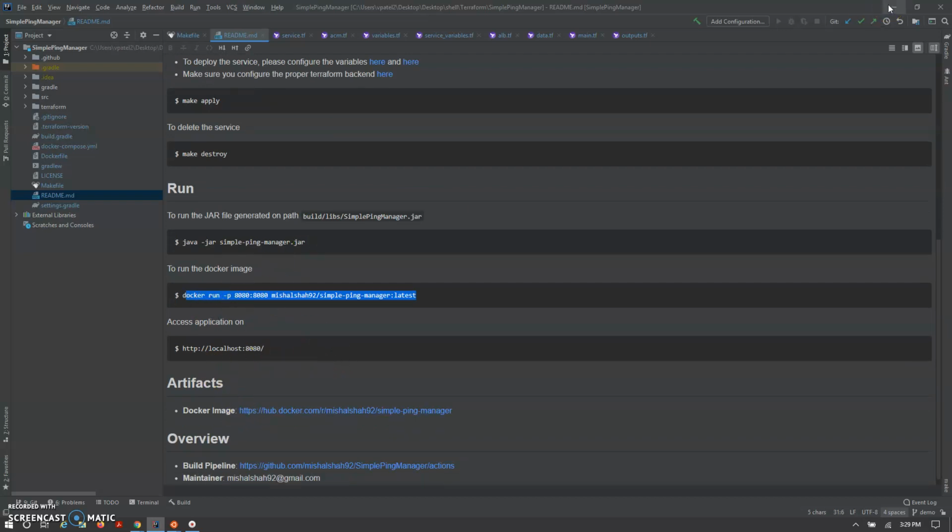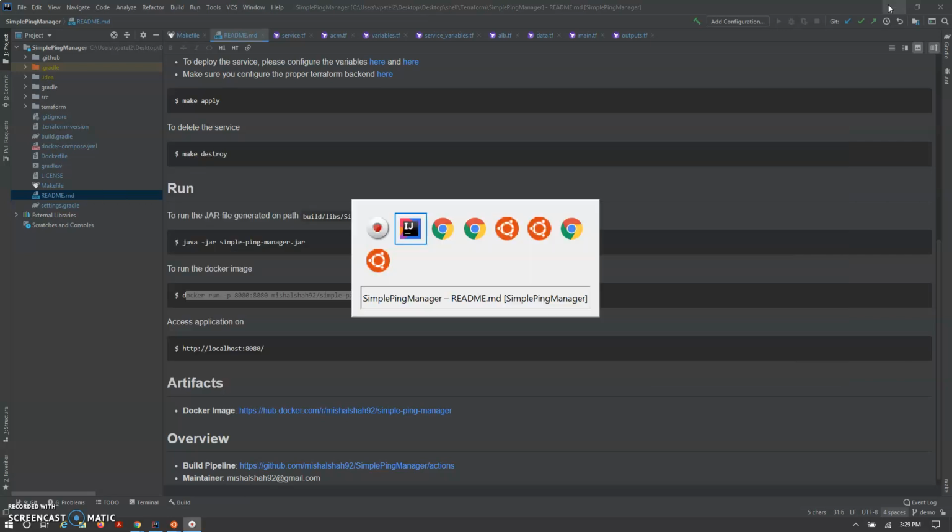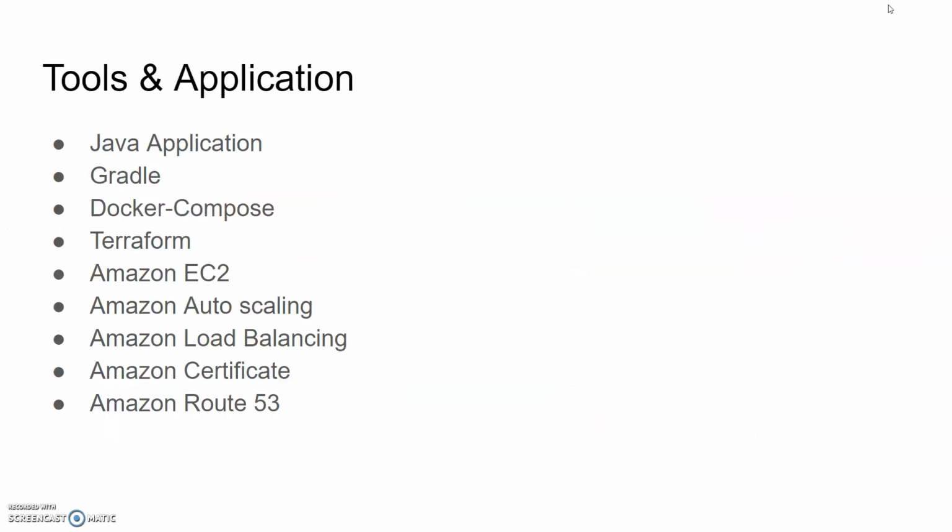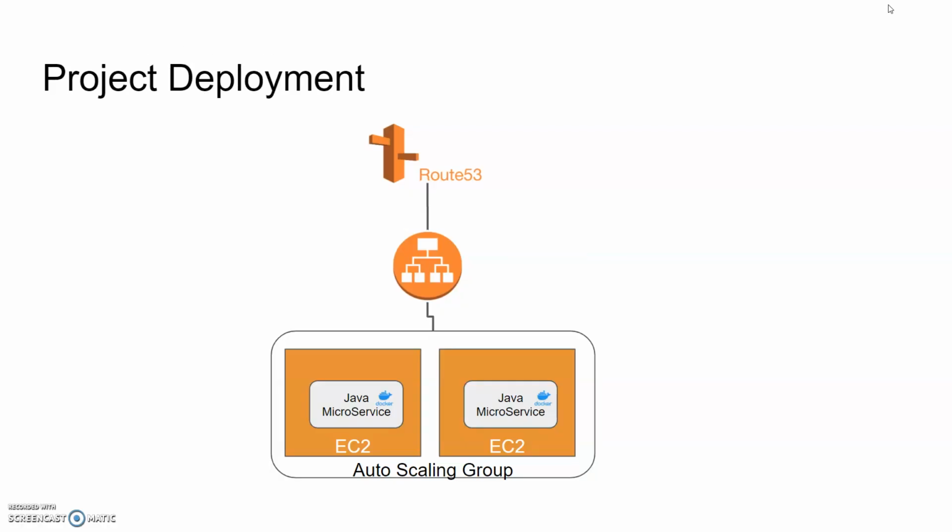Let me again come back to our overall project and how we have defined it. Overall, we use Route 53 as the access gateway, which we have redirected to the Elastic Load Balancer. The Elastic Load Balancer is defined with an autoscaling group under it, and the autoscaling group has multiple EC2 instances deployed, and each instance has the microservice deployed as a Docker container. So this is all about the project.